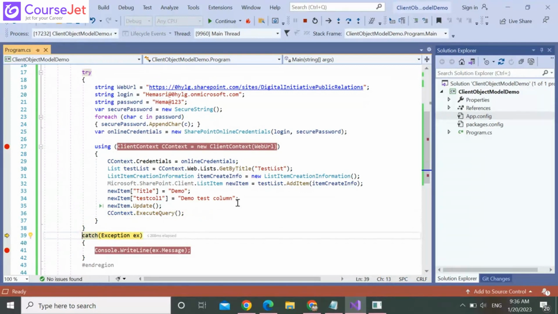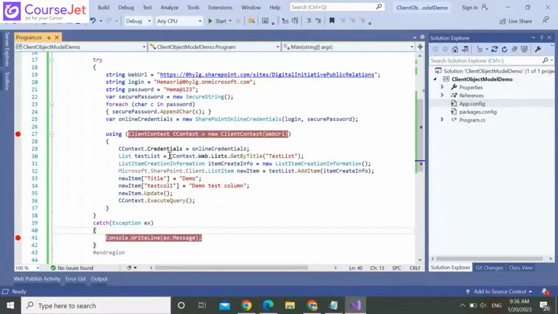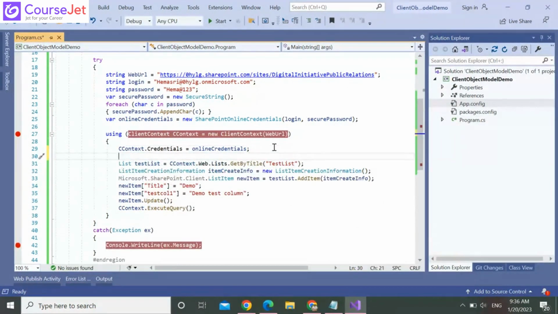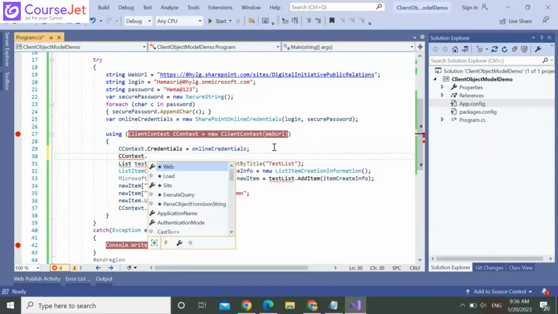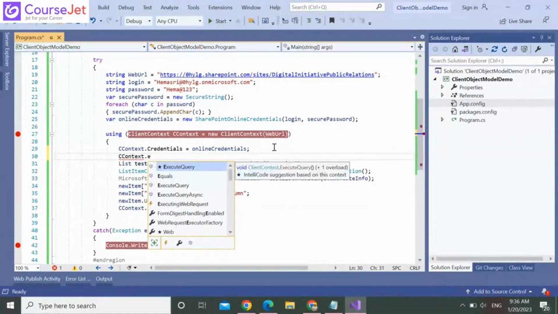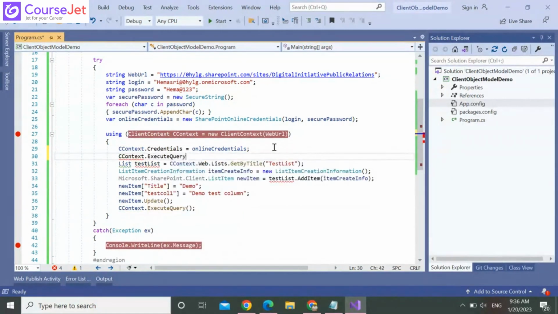Seems some error. The underlying connection was closed, unexpected error when I sent. Context dot execute query.